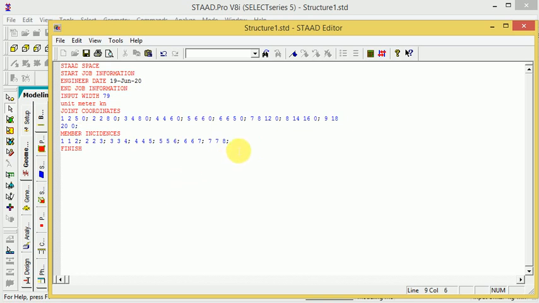Next thing is join the member here. Again go to space and member incidence is 8, and join to 8 space 9,